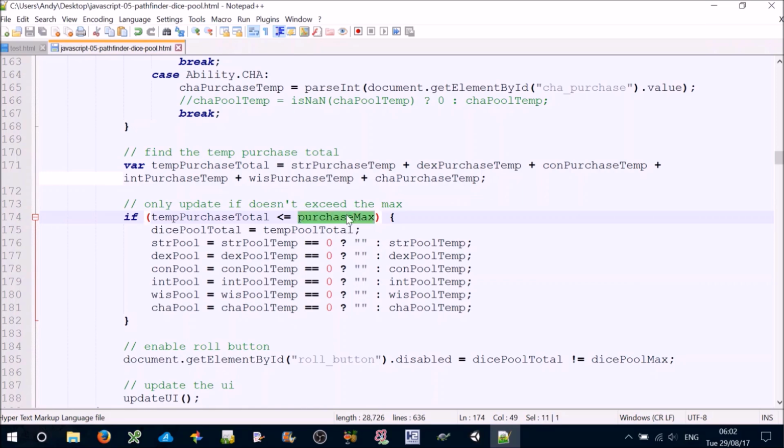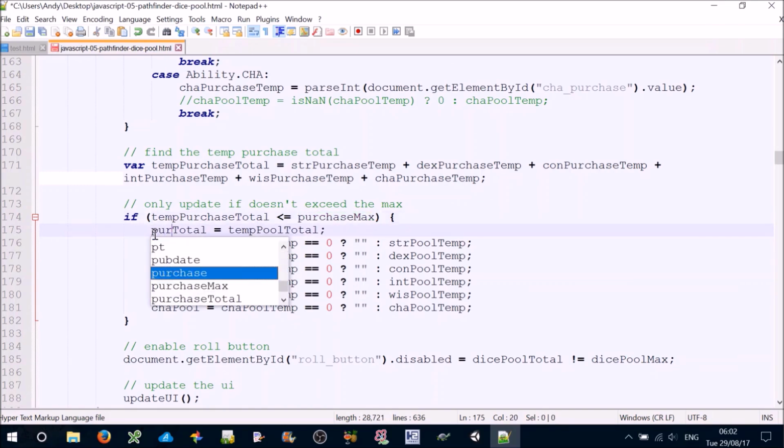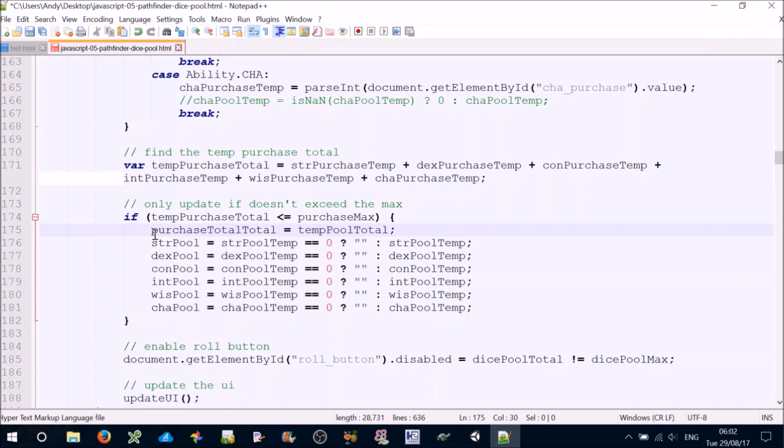So that's set when we select the method. It'll be 10, 15, 20, or 25. Now the dice, so that'll be the purchase total. That's our global variable. Purchase total will equal our temp purchase total, and our strength purchase